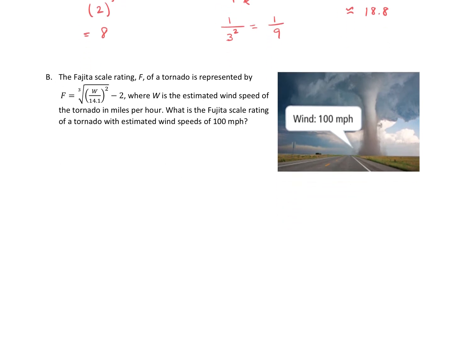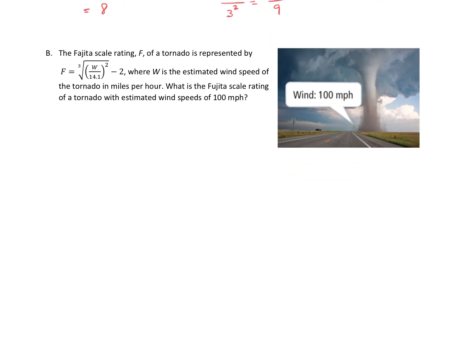Okay, so let's apply this to a real life situation because we love these. So I just noticed there's a typo. This is not the fajita scale rating. That should be a U. It's called the Fujita scale rating. All right, and we have it spelled correctly down here, but the Fujita scale rating,